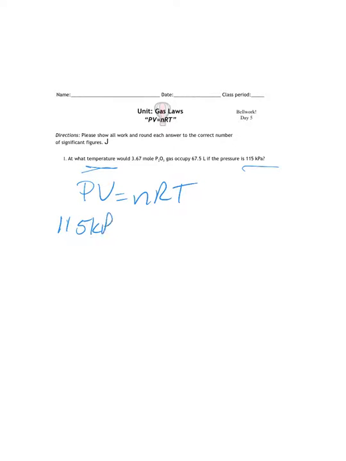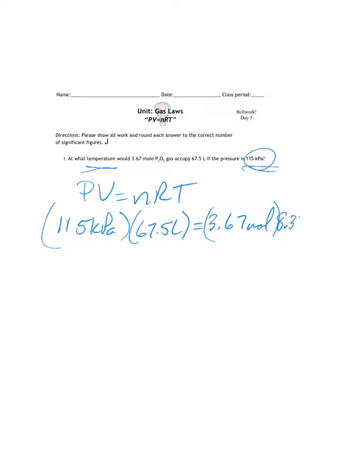115 kPa. My volume is 67.5 liters. That's going to equal my moles, 3.67 moles. R is, in this case, I've got kPa, so R is going to be my 8.31 liter kPa per mole Kelvin